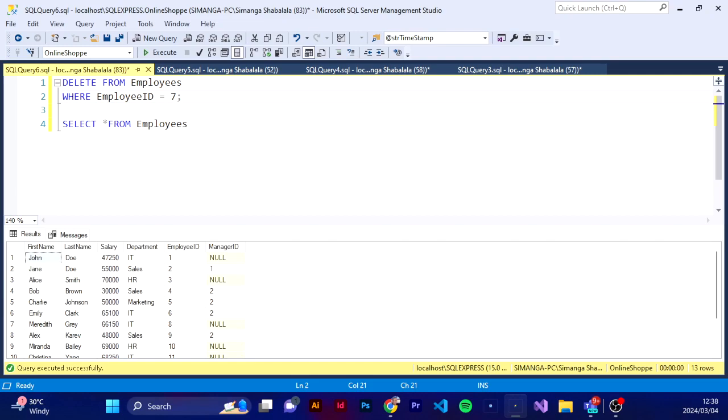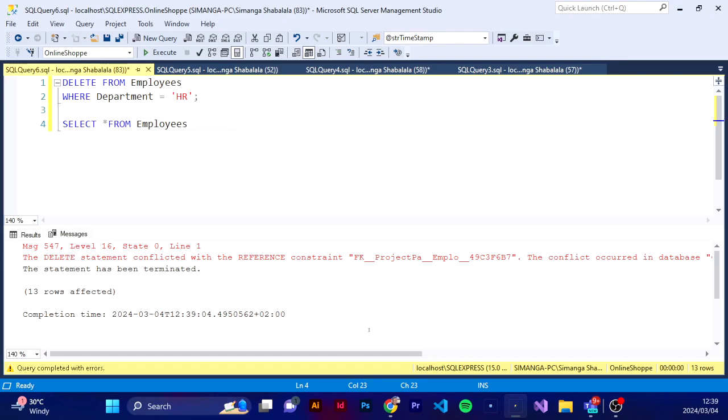Let's say we want to kill a department, then we can just say delete from employees where department is HR. Say we don't want to have HR anymore. So it's going to delete everyone in the department. So we've got Miranda, and then we've got Alice, and only the two of them. So if we go and delete that,